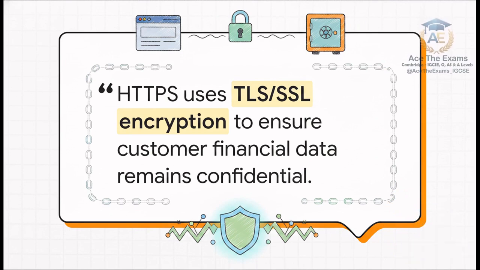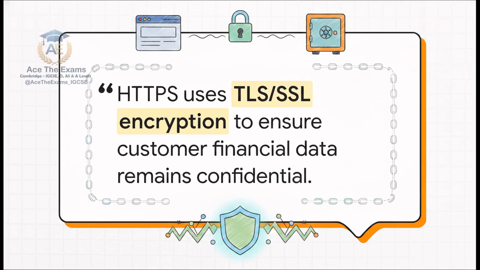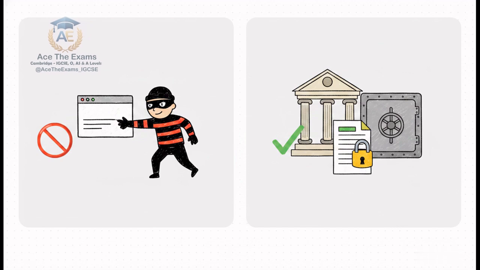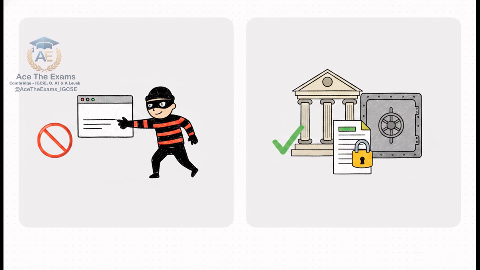This answer leaves absolutely zero doubt in the examiner's mind that you deeply understand both the underlying computer science and the real-world banking scenario they gave you. Which brings us to that massive examiner clue I promised you earlier. Notice the massive shift from a vague effect, it stops hackers, to a precise, contextualized consequence, it ensures data confidentiality for financial transactions. The absolute biggest clue is specificity to the scenario. Examiners in the 0478 syllabus are explicitly hunting for you to tie the technical consequence back to the exact user, system, or organization mentioned in the prompt.